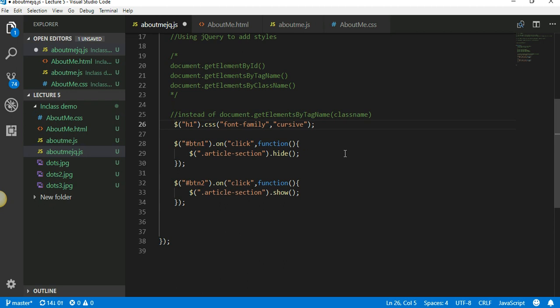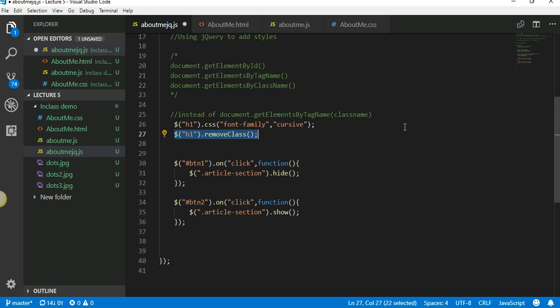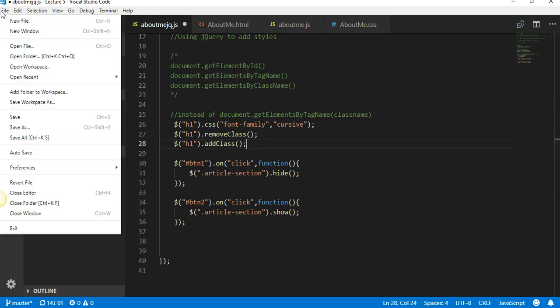So in order to modify style, you can use the CSS function, the method, or you can also do add class and remove class. So let's say for the same h1 header, you want to remove some class and add some class. Okay, so let us